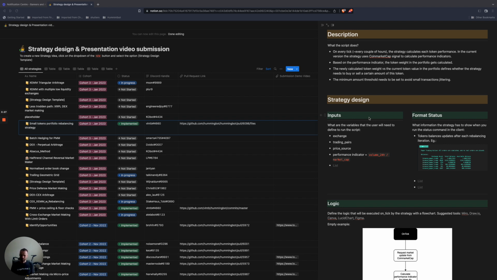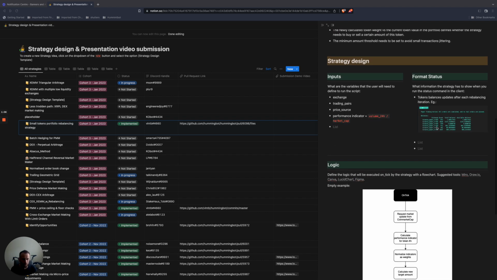So the purpose of the strategy is to track market performance of the portfolio of tokens and then rebalance the allocated value between the better performing tokens. The strategy acts on behalf of an uninformed, uneducated trader who tries to track the behavior of informed traders who probably discover some potential improvement on a small token and then try to act on it on the market. So as an input, the strategy takes